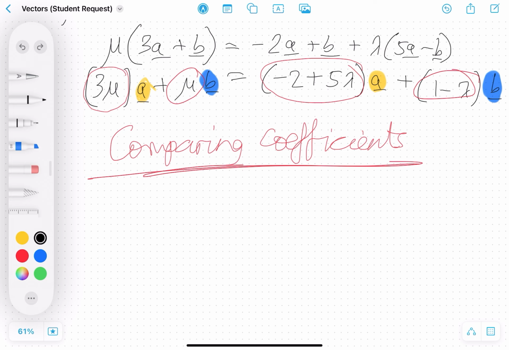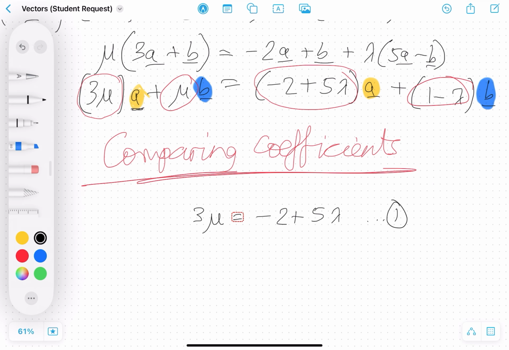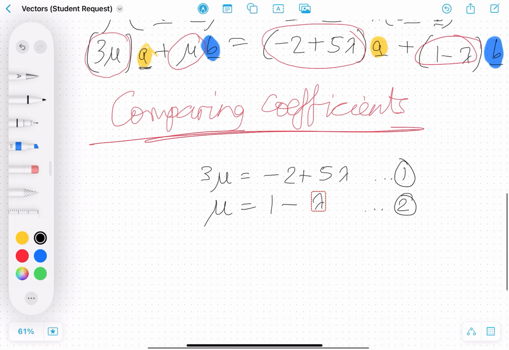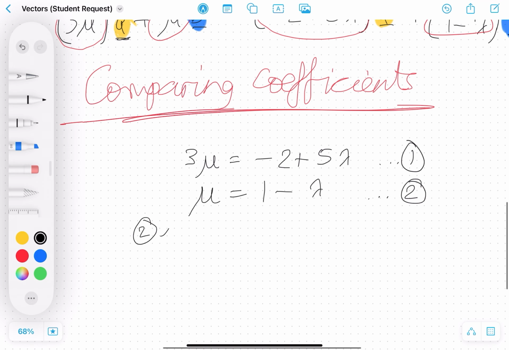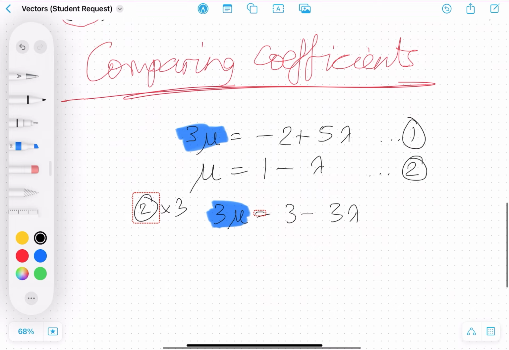So what we do is we set up a simultaneous pair of equations. For the component part of A, we know that 3 mu must be equal to negative 2 plus 5 lambda. That's our first equation. And from the component part of B, we get that mu is equal to 1 minus lambda, and that's our 2. Now you can solve this pair of simultaneous equations like you normally would. So I'm going to multiply 2 by 3 to get 3 mu is equal to 3 minus 3 lambda. Now we see that 1 and 2 have the same 3 mu, so if we subtract them,